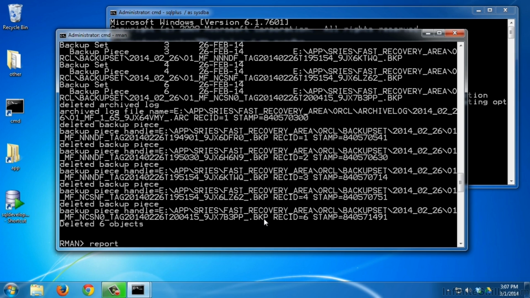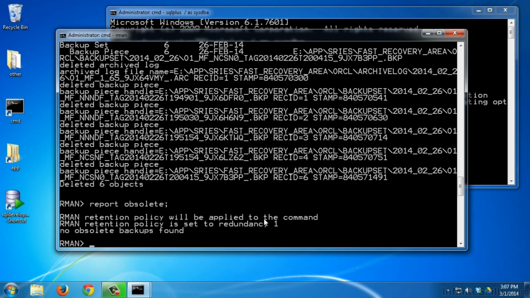Now if we say report obsolete again, no obsolete backups were found. And finally, the crosscheck command. It's very important when you do RMAN backups that you use these commands to do your maintenance, to remove your files. Because if you go out onto the file system itself and you delete the backup pieces that you think are old enough or delete archive logs, then RMAN doesn't know about those, because we didn't interact with RMAN when we removed them. The way that RMAN discovers what is missing and can update its catalog is the crosscheck command. So we would say crosscheck